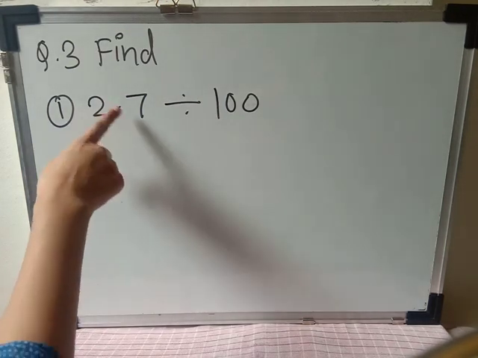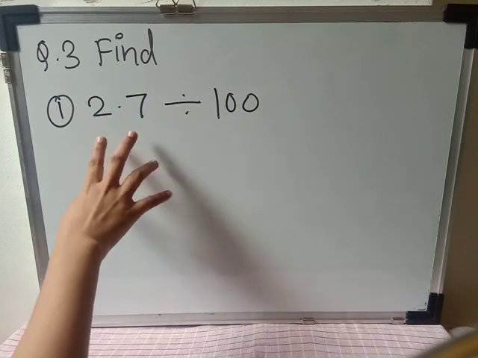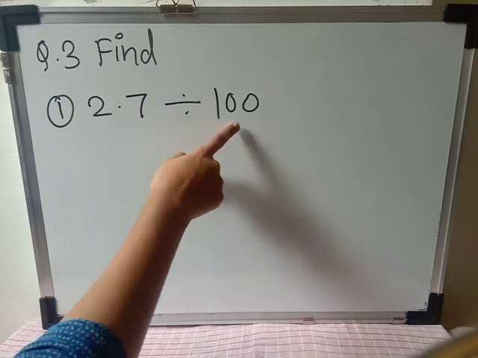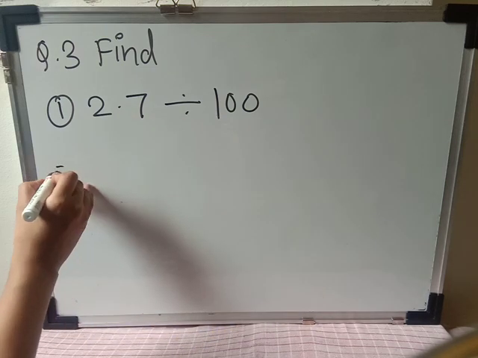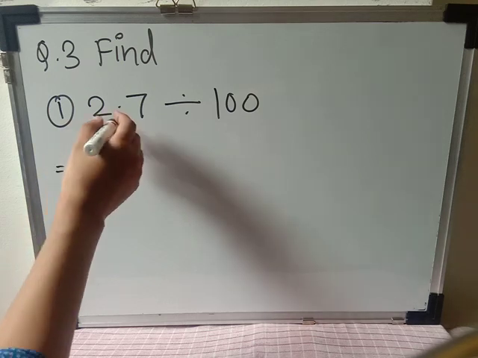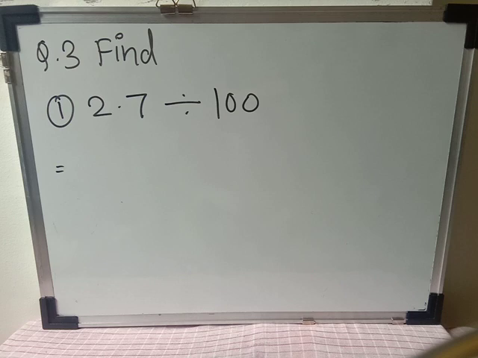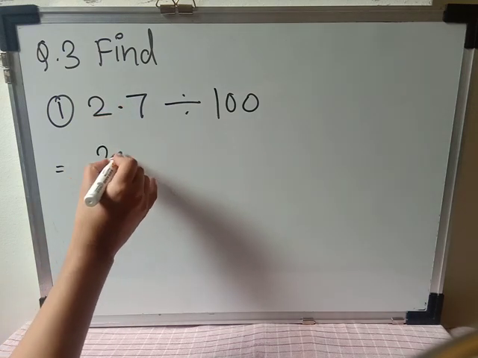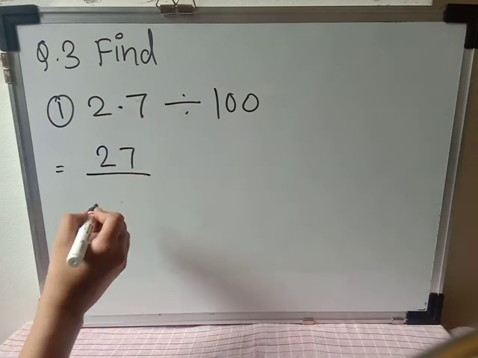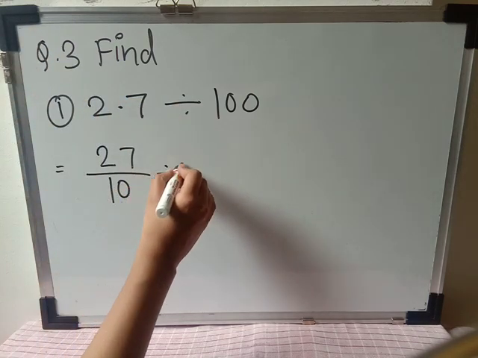Now here all the decimal numbers you have to divide by 100, okay. So one thing you can do, you can directly divide 2.7 by 100 and you will get the same answer. But here I told you that I am going to solve this decimal number in another way, where we have to take the reciprocal, okay. So here I am going to remove the decimal point, so here will come 27, and after the decimal how many places are there, that is only 1. So I will write 27 upon 10 divided by 100, okay.